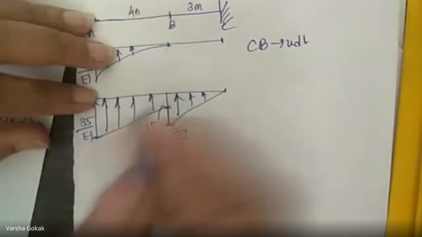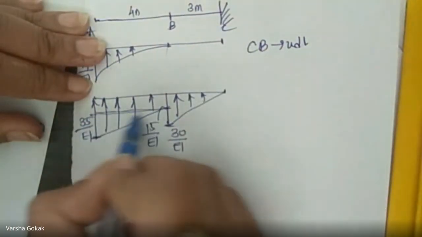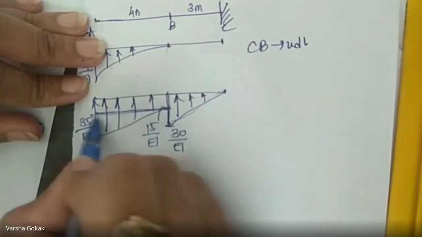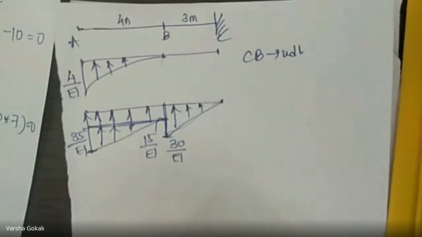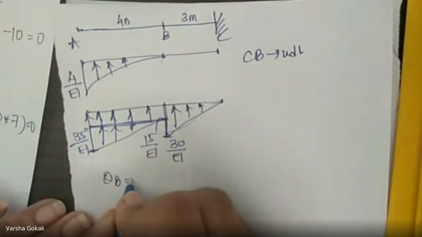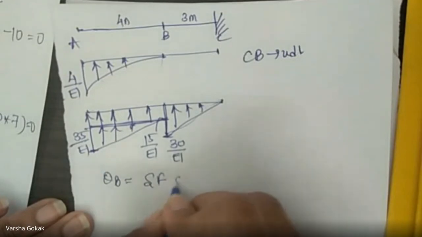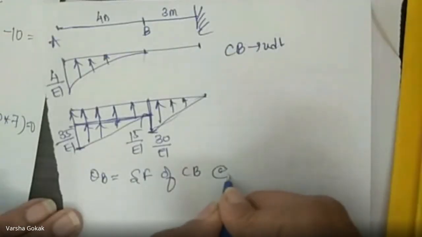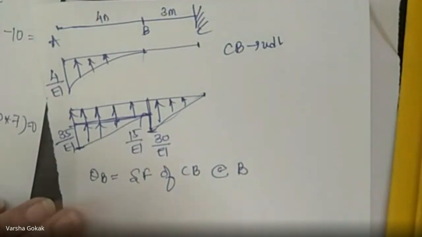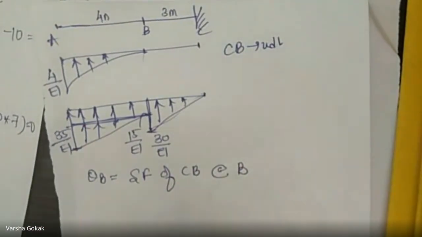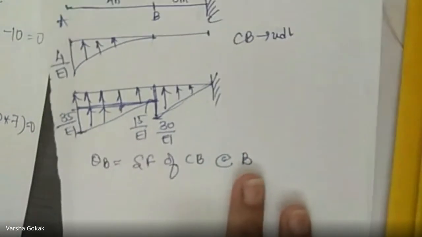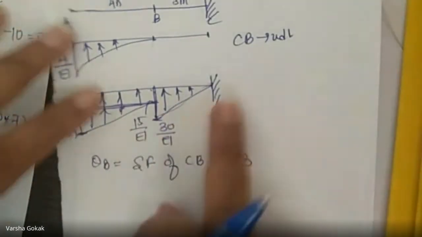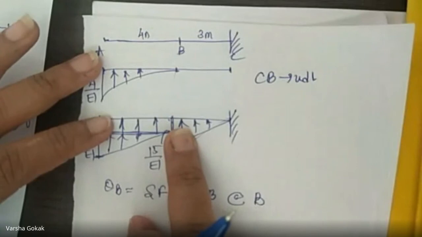When I break this, I'll have to break it like this now. This one a full triangle, this one a rectangle, and this one a triangle. So the breaking goes like this. 3 figures we will have. So theta B is going to be equal to the shear force of the conjugate beam at point B. This is your conjugate beam, which will be fixed here. So let us calculate theta B, that is the shear force. Now shear force at B, what all will you consider?